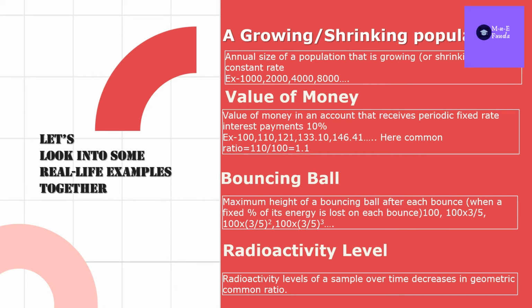Now let's look at some real life examples of GP series. Annual size of a population growing at a constant rate means the annual size of population is growing like a GP series. So if in any village there was some population, that is 1000,